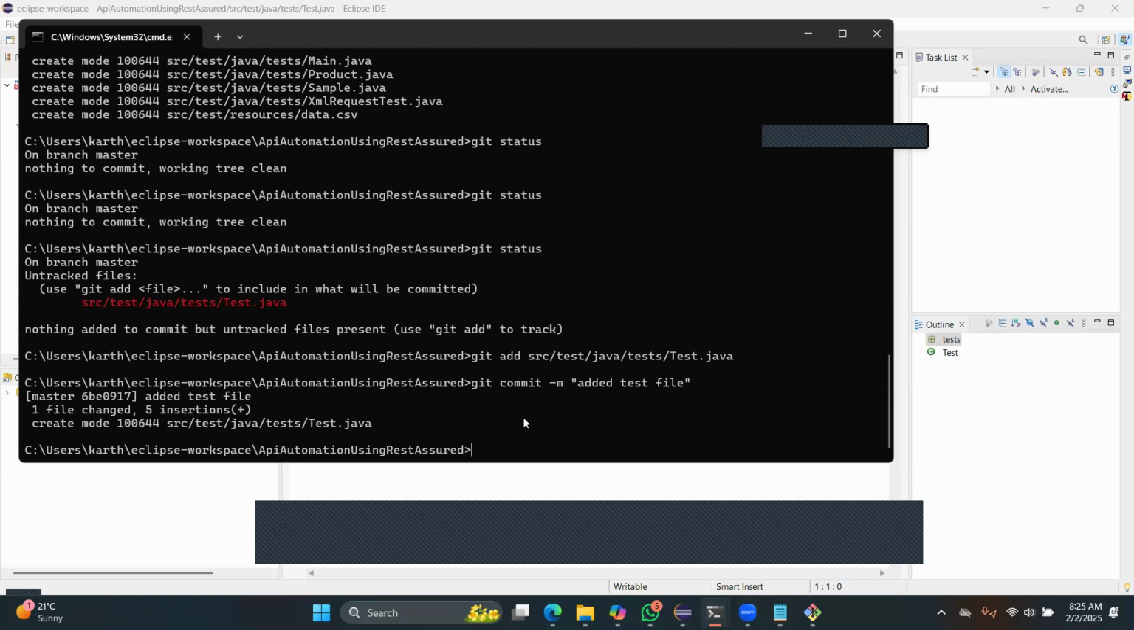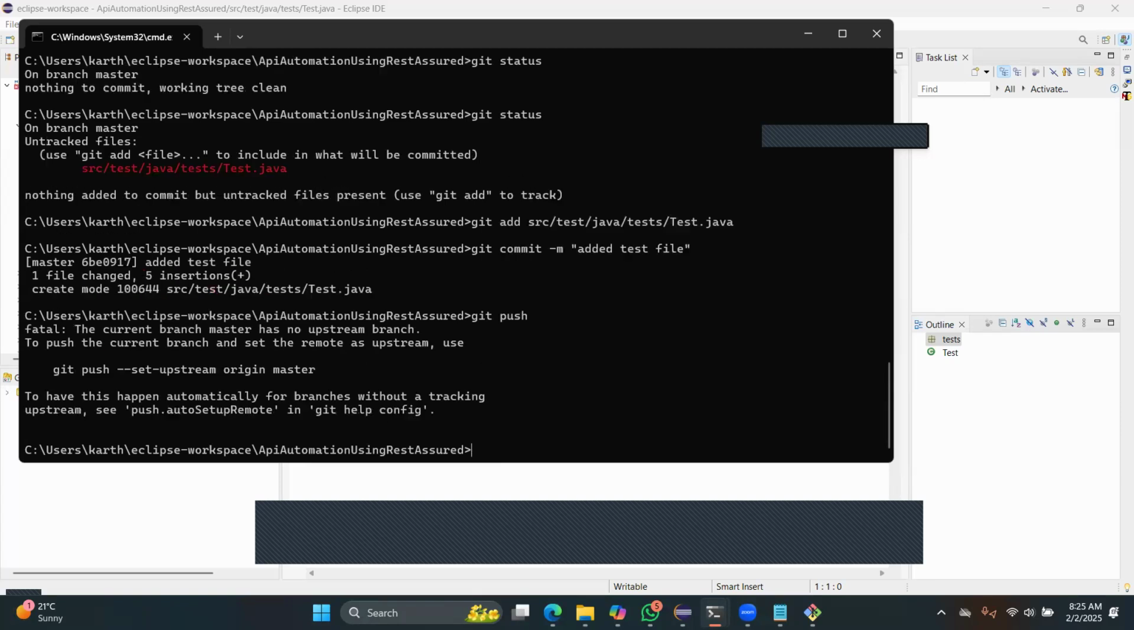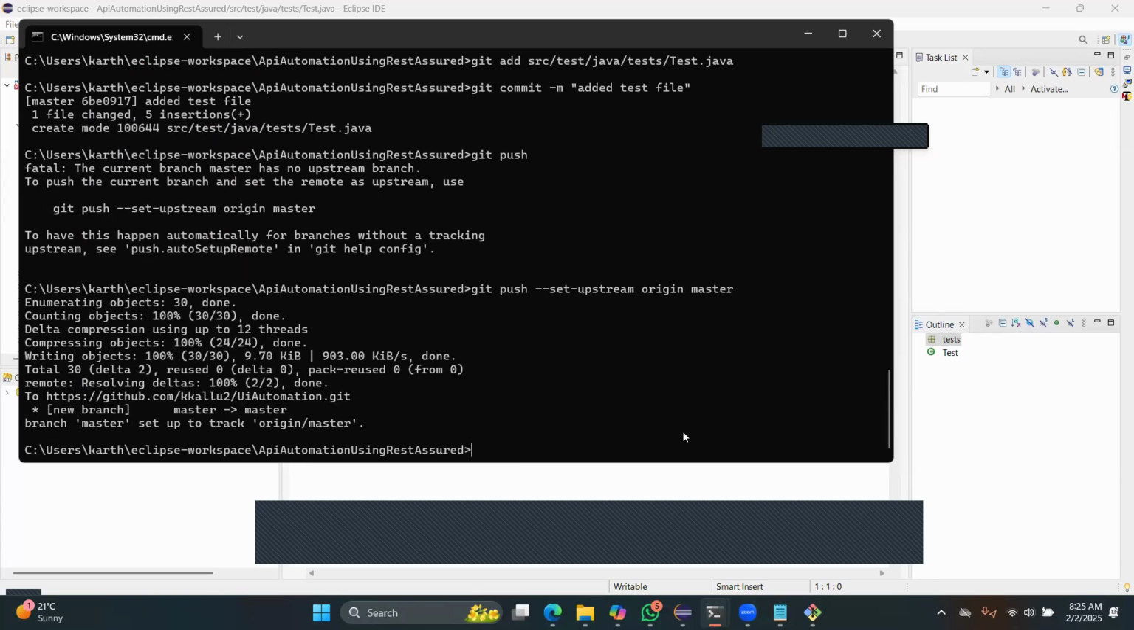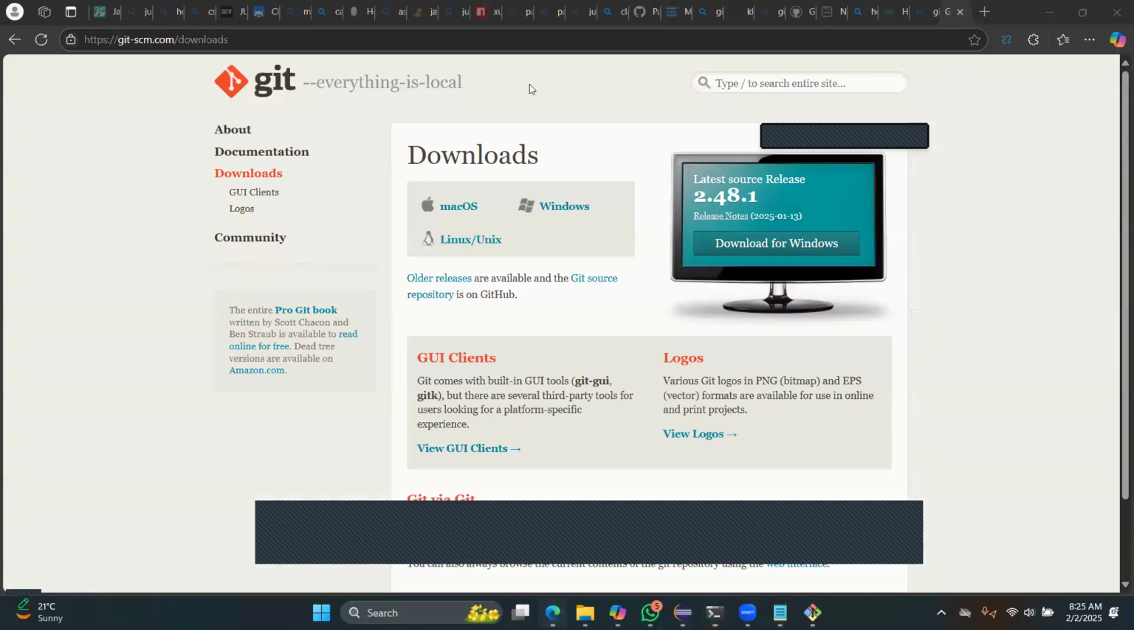Upon adding all the changes to the local repo, we have to push this local repo to the remote repo, right? For that, git push is the command. When you say git push, it will give you a suggestion like this. You can just copy the suggestion, paste it, and push it. You see, now it pushed all the code. Now if I refresh here, if I go ahead and